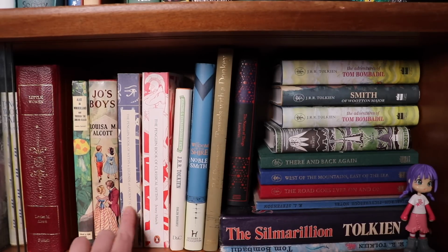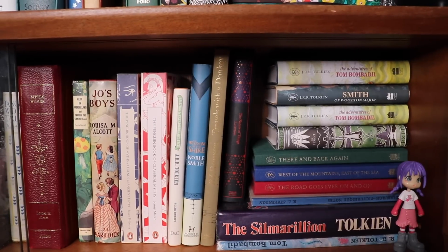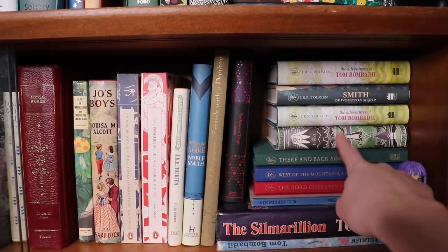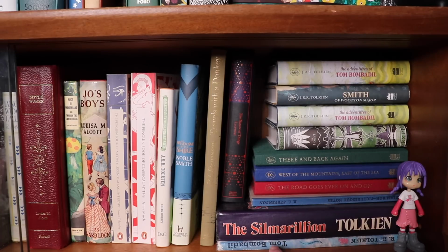I then have these Penguin Myths collections, and then we have a selection predominantly of Lord of the Rings related books, which are actually all Jill's but one. This is mine, but everything else here is Jill's, so I won't go into too much detail there. She's the big Lord of the Rings fan in this house, although some of these are lovely little antique